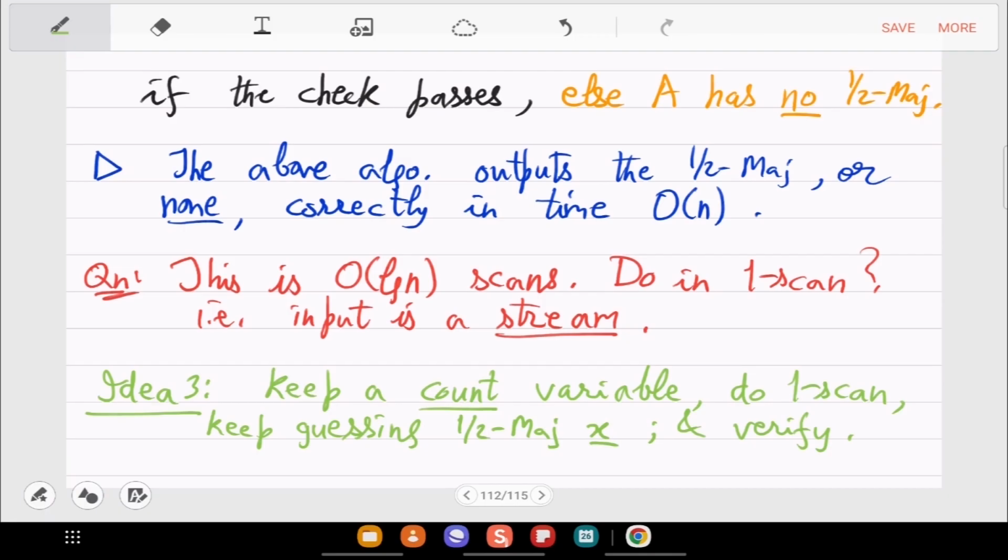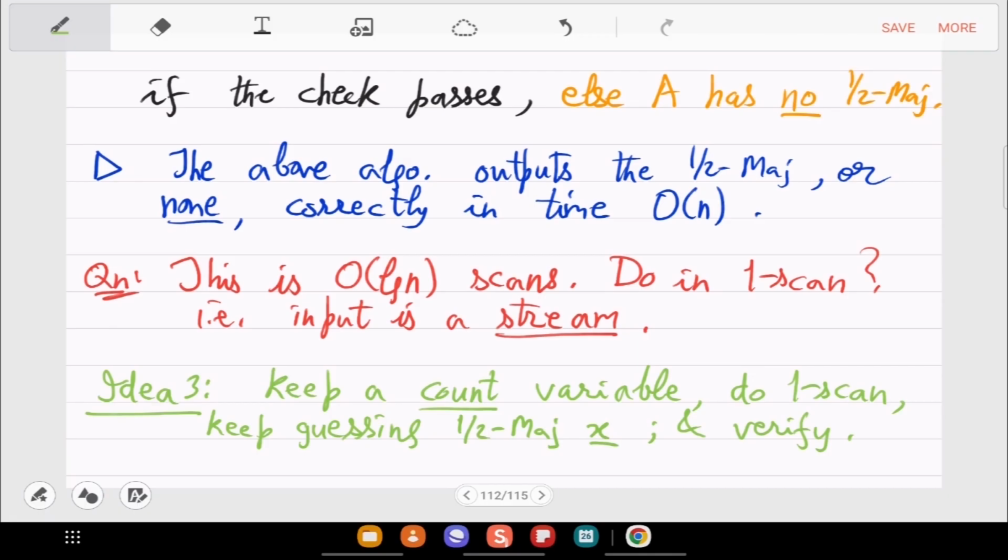If it doesn't exist, you don't care, because whatever you are guessing, anyways in the verification process, it will be rejected. Right? So you need only one invariant in this pseudocode, that your guess should be correct if there is an x. And if there is no x, you don't care. You can make any guess, it's fine. Ultimately, it's rejected anyways.